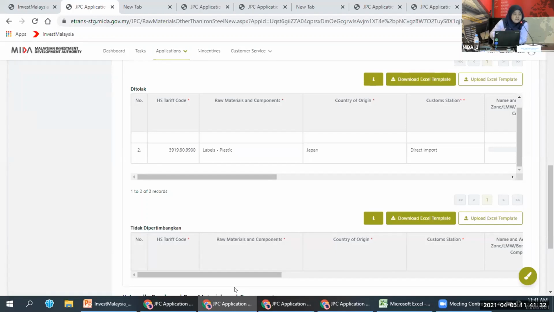So again, as a reminder, make sure that the information you key in here is correct, because it will affect your subsequent application. It's only one time filling in that information. You don't have to do it every time.